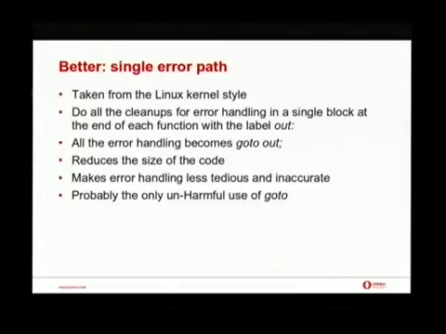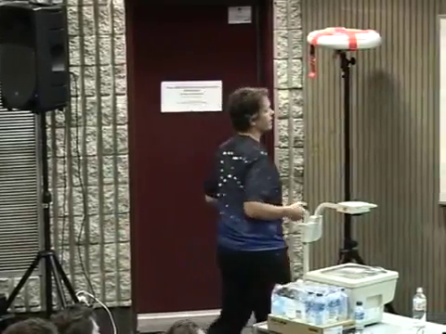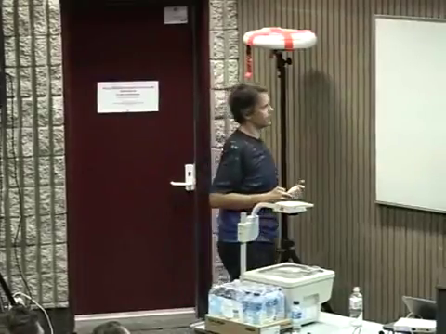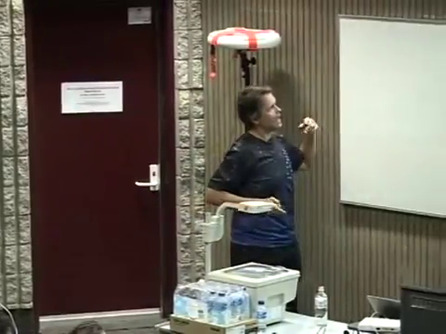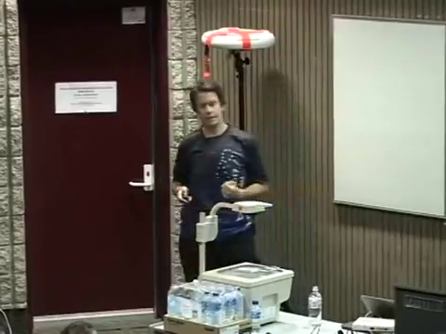all your error handling in a single block, usually at the end of the function with a label out, and almost all your error handling in the function does go to out, sometimes setting an error variable first. Which means you only get to write your error handling once, so that has to be a bit more general, but that's usually not that hard. It does, of course, mean you have to initialize variables at the start of the function usually, but it makes error handling less tedious and less inaccurate.